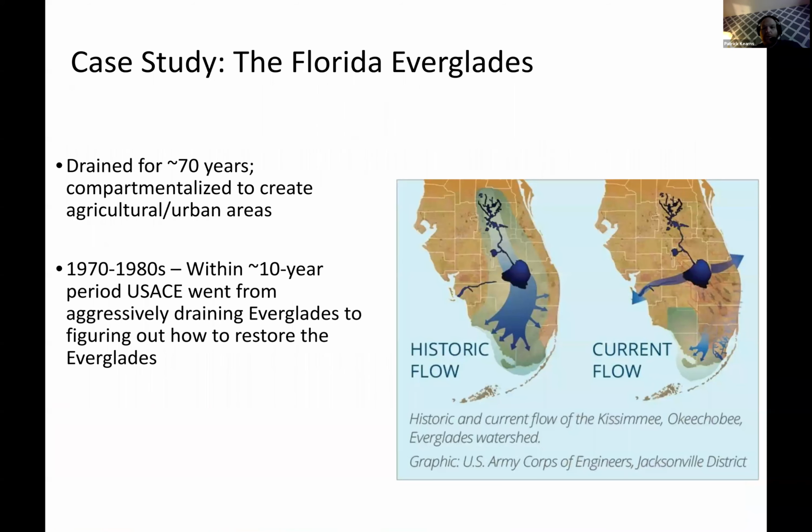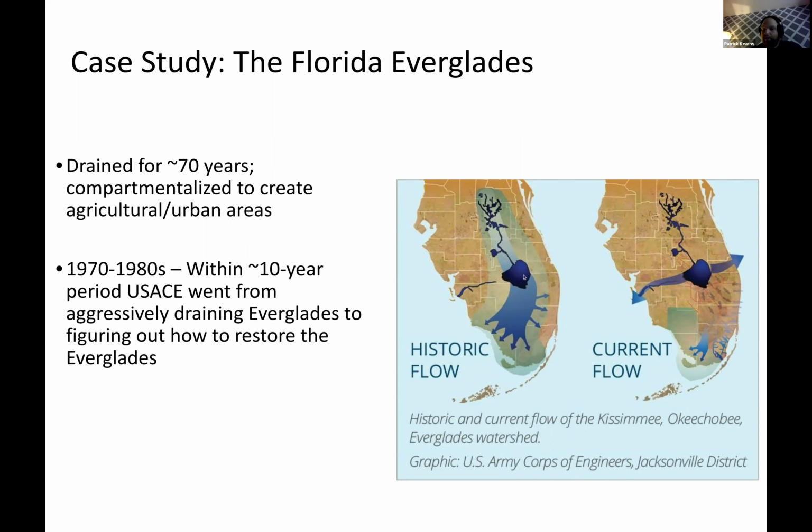So one of the unfortunate things about the Florida Everglades is, and for those of you that know Florida, you'll notice that the Everglades, which historically flowed from about the middle of Florida all the way down to the Miami metro area, as well as other parts of the tip of Florida, flows right in the path of some pretty major cities, whether it's Orlando or Miami, as I mentioned. And you can imagine that if you have this really large wetland on this very valuable real estate, well, something bad is going to happen to that wetland. And that's exactly what happened. It was drained. The wetland as a whole was drained for about 70 years to create both agricultural and urban areas. And so this is what its historic flow looks like.